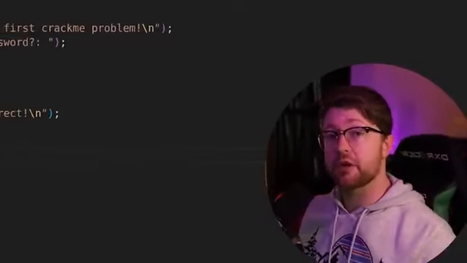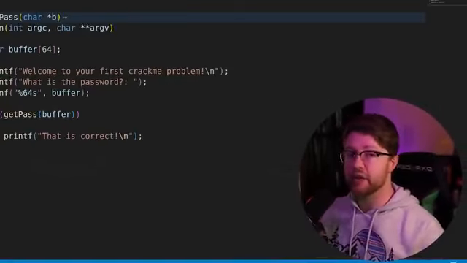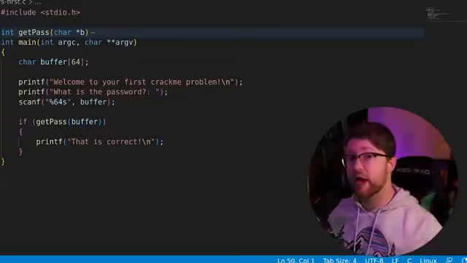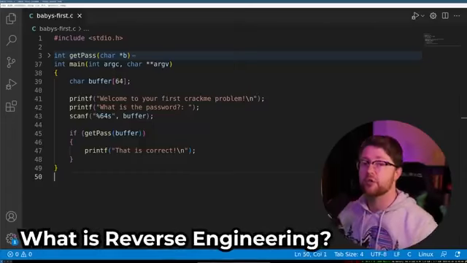In the next 15 minutes, I'm going to teach you binary reverse engineering. By the end of this video, you'll be ripping apart binaries in IDA. You don't need any programming experience or any cybersecurity experience whatsoever. Let's get into it. To discuss how to do reverse engineering, we first need to talk about what reverse engineering